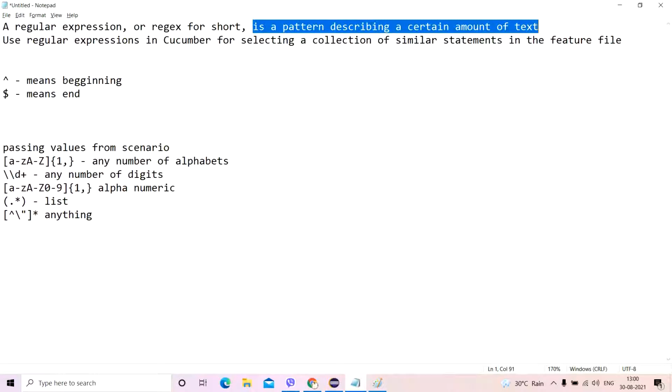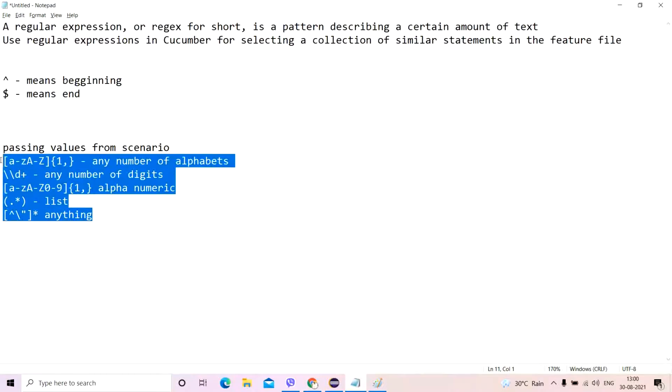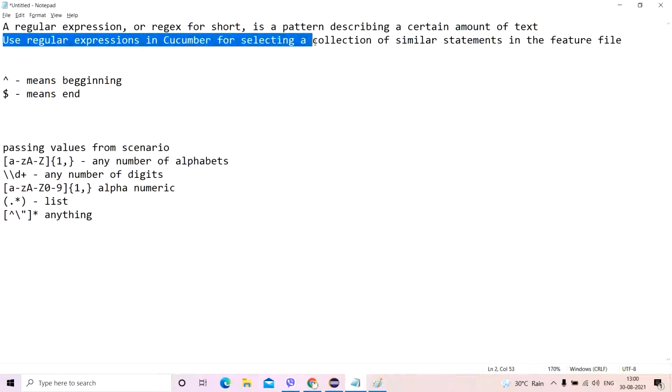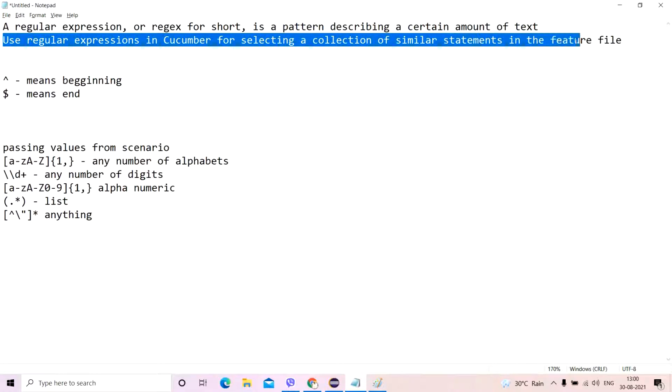When you combine those three different entities, it becomes a type of text which can be written in a certain pattern. These are the patterns which we will pass in our step definition file corresponding to those text patterns present inside the feature file. So we use regular expressions for selecting a collection of similar statements in the feature file. You'll understand this definition when we actually do it in practical.